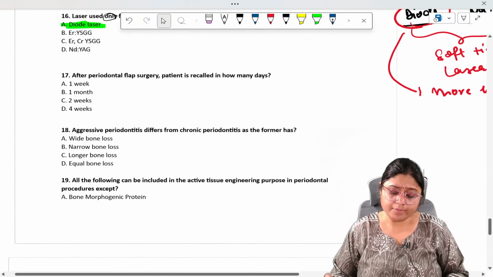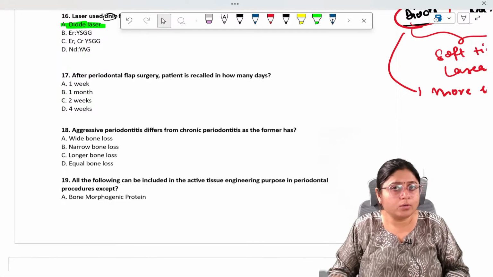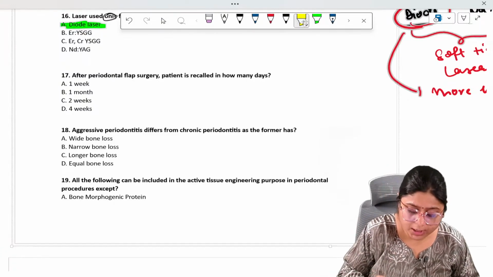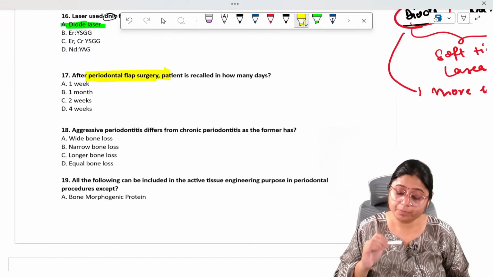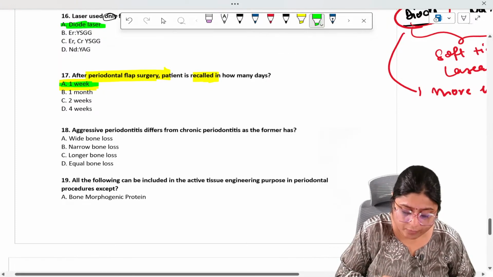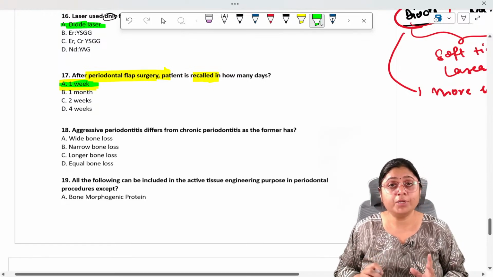Now, question number 17. After periodontal flap surgery, patient is recalled in how many days? So it is not 1 month, it is not 2 months, it is 1 week. After periodontal flap surgery, patient is recalled in 1 week to check how the healing is progressing, to check how the patient is maintaining